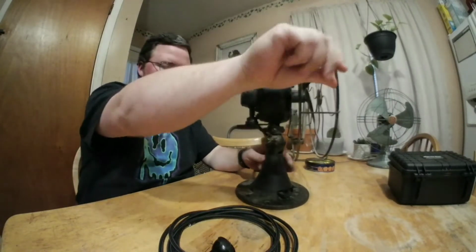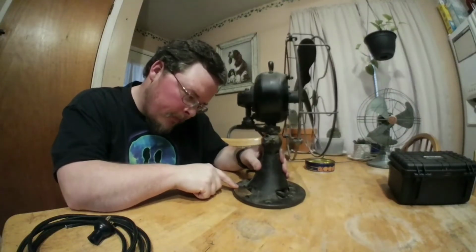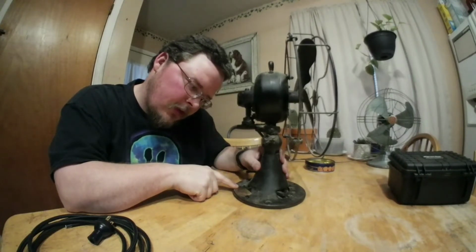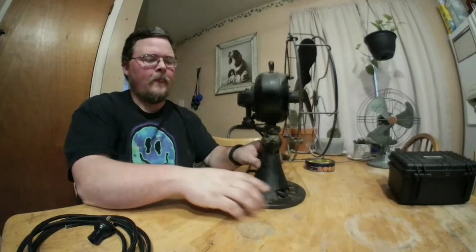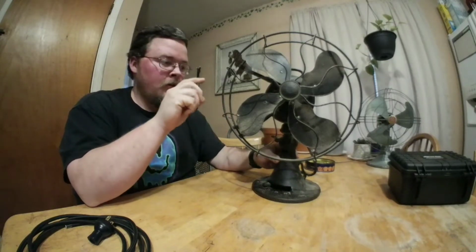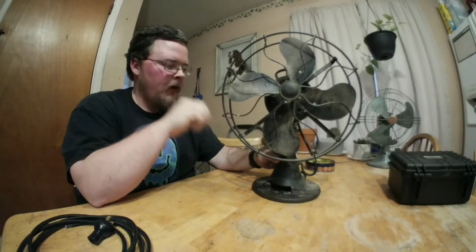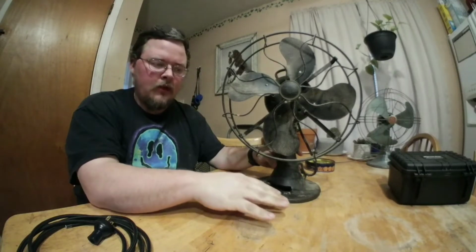And what's cool about this fan is it has a sticker on the base right here. Not sure if y'all can see it, but I'm going to splice in a picture. The sticker says, "Property of Mississippi State College Central Administration Office's President." So this fan was originally at Mississippi State College in the early 1930s when this was new. So this fan has some pretty cool Mississippi history,